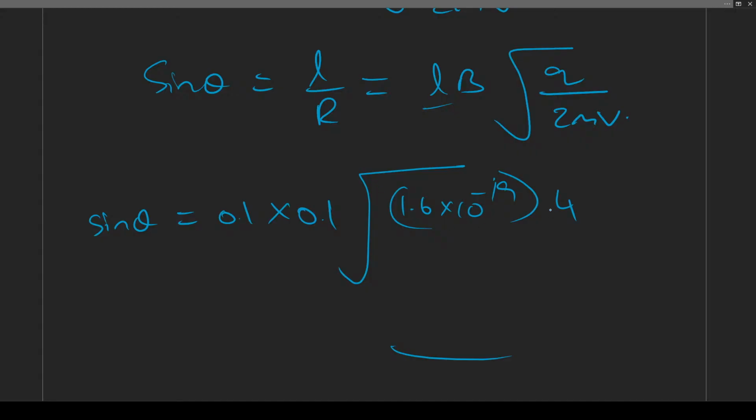Since it is helium, it is 2 times 2 by 2 times of m mass. They gave it as 6.4 into 10 power minus 27,